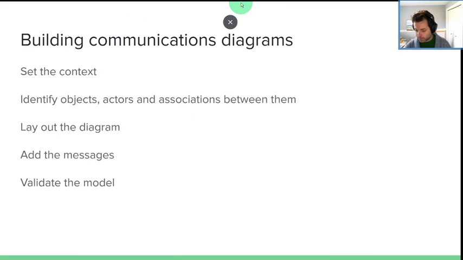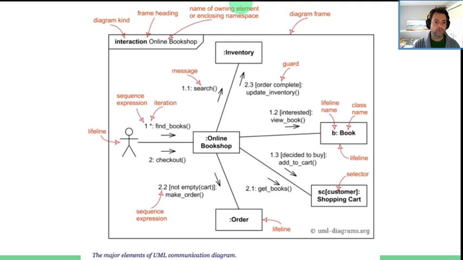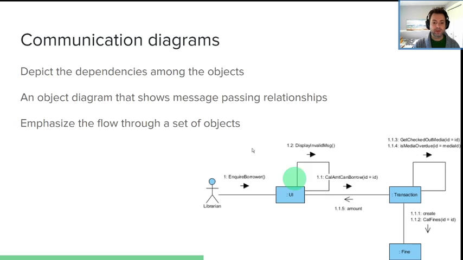So if we're going to build these diagrams out, let's set the context. And again, context is important because that's what we are doing, right? This whole thing here is the context. Here we are buying an online book. Here we are making an appointment. Here we are checking out a library book. This is the context.